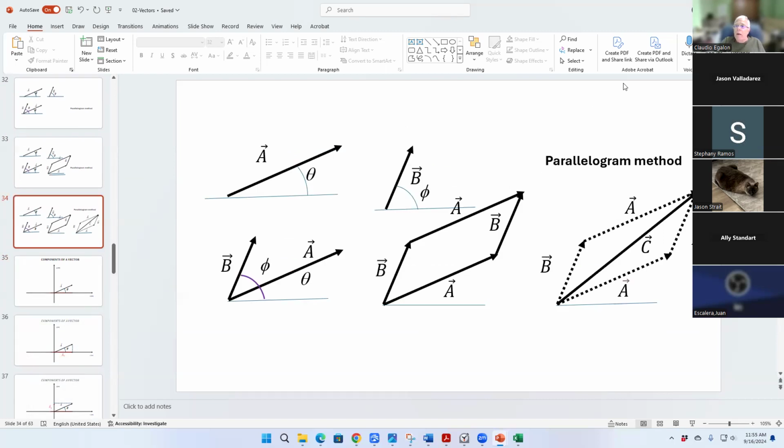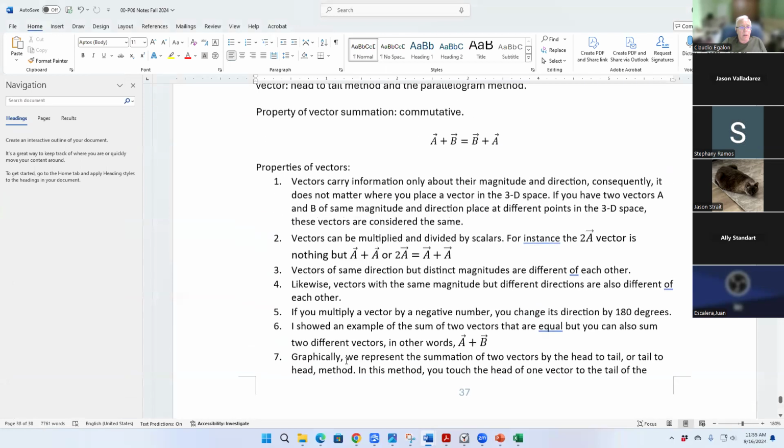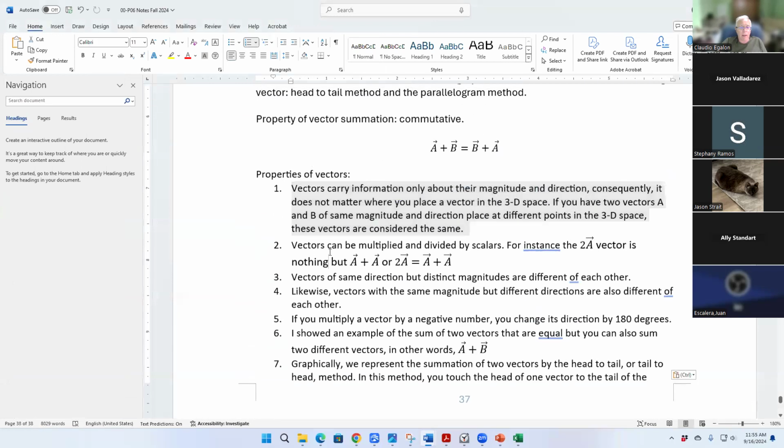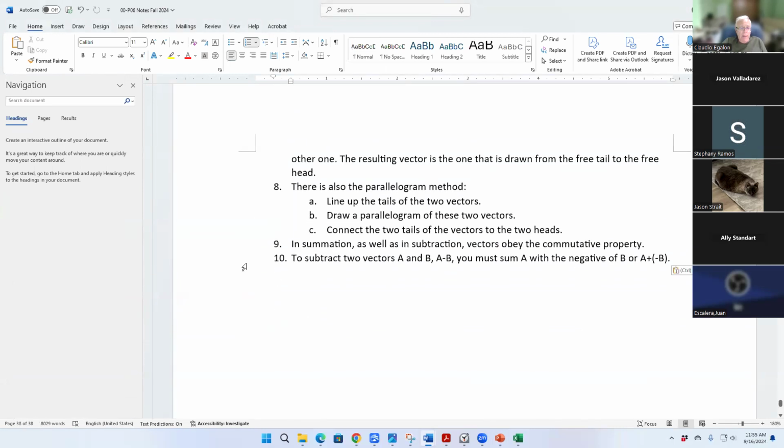Okay, so here you go. I'm going to copy and paste here: properties of vectors. And then you can also subtract vectors. Vectors can be multiplied and divided by a scalar. Is nothing but A plus A. Vectors with the same direction but distinct magnitudes are different from each other, okay? And then you can also